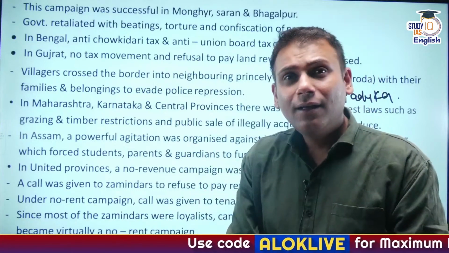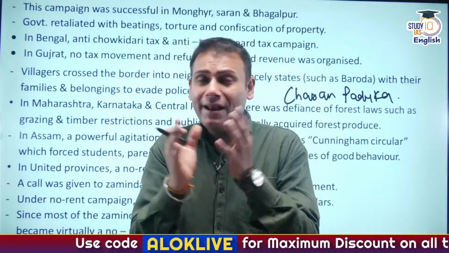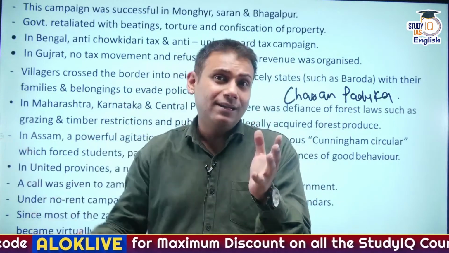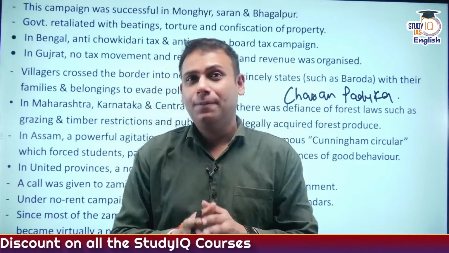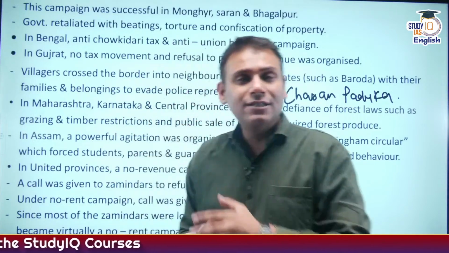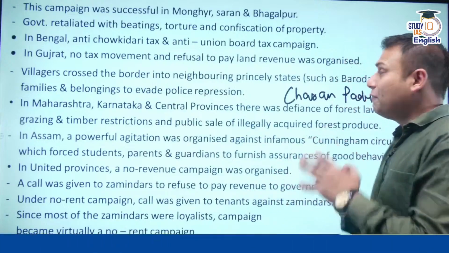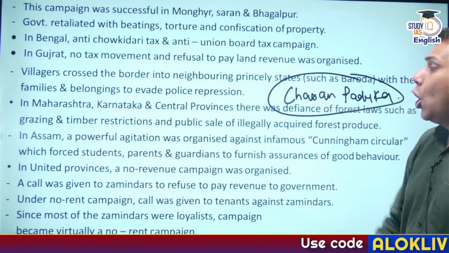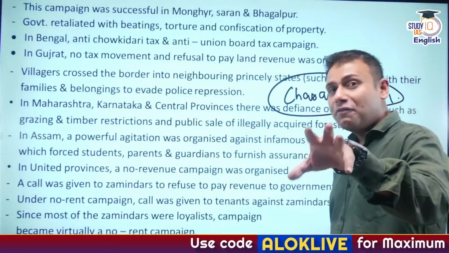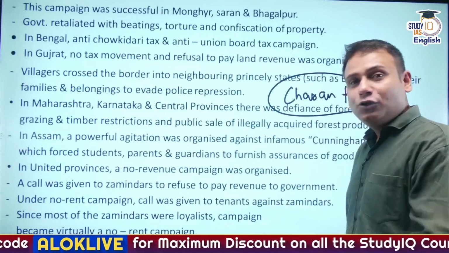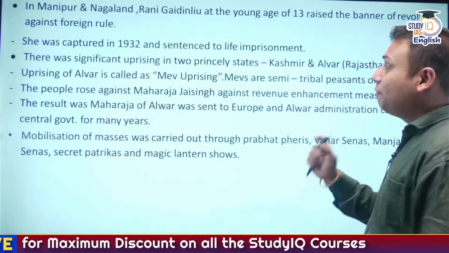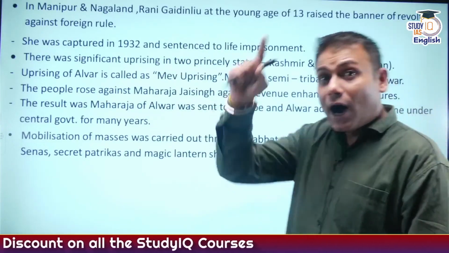Correct? Now what happened? Many historians have written that a certain stretch of the Urmil river had become red due to the bloodshed. This event, as a part of the civil disobedience movement, was referred to as the Charan Paduka massacre or Charan Paduka tragedy, which is also referred to as the Jallianwala Bagh of Madhya Pradesh. Now, civil disobedience movement participants were quite active, particularly in the region of Alwar and Kashmir.